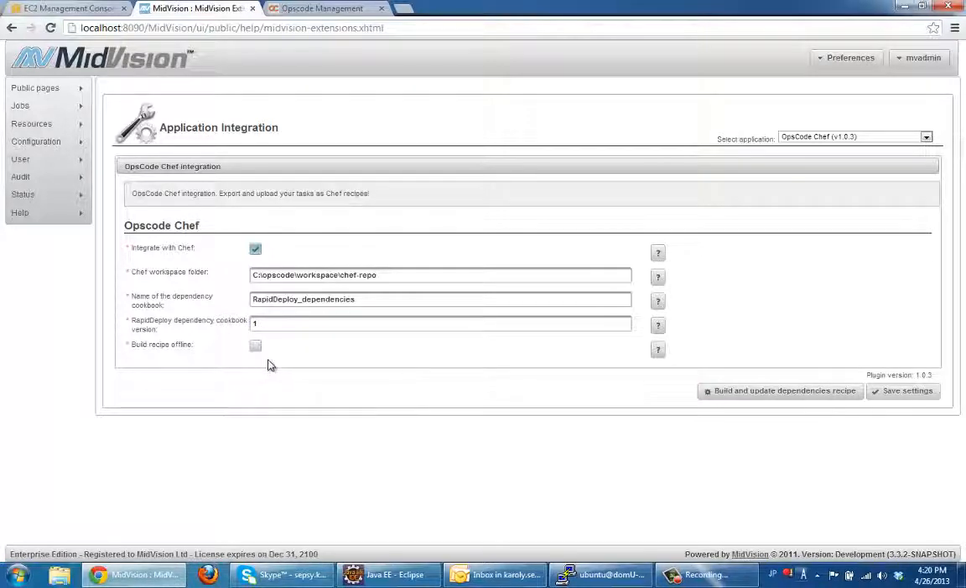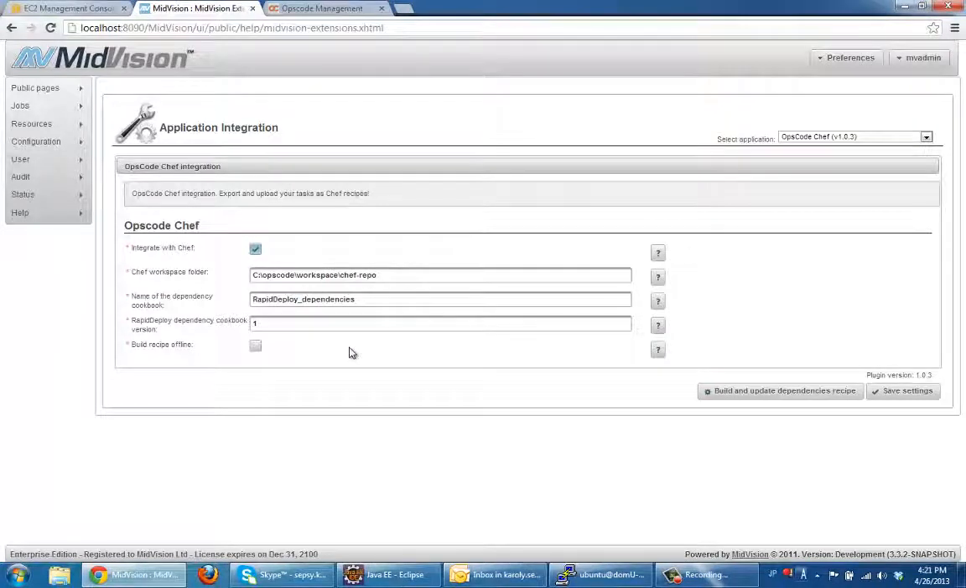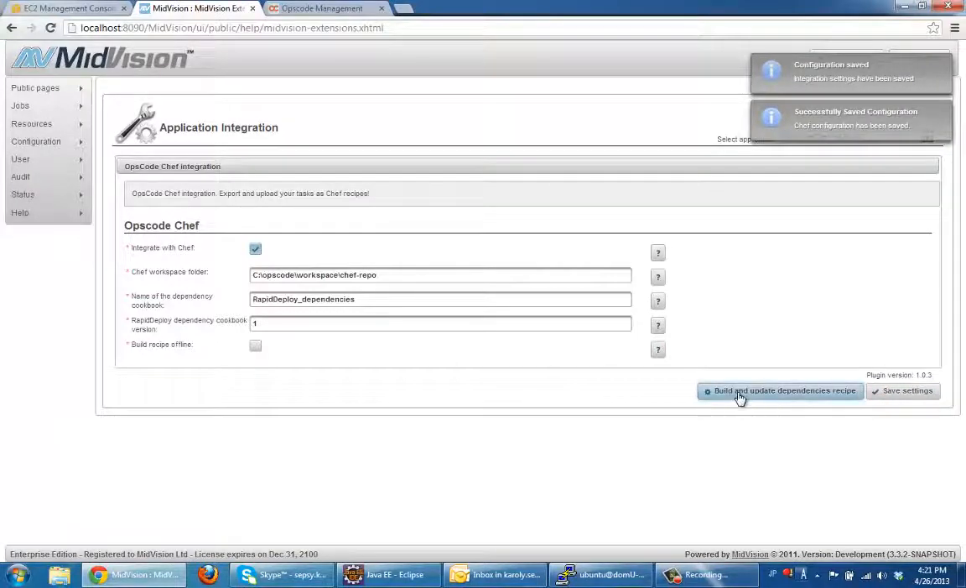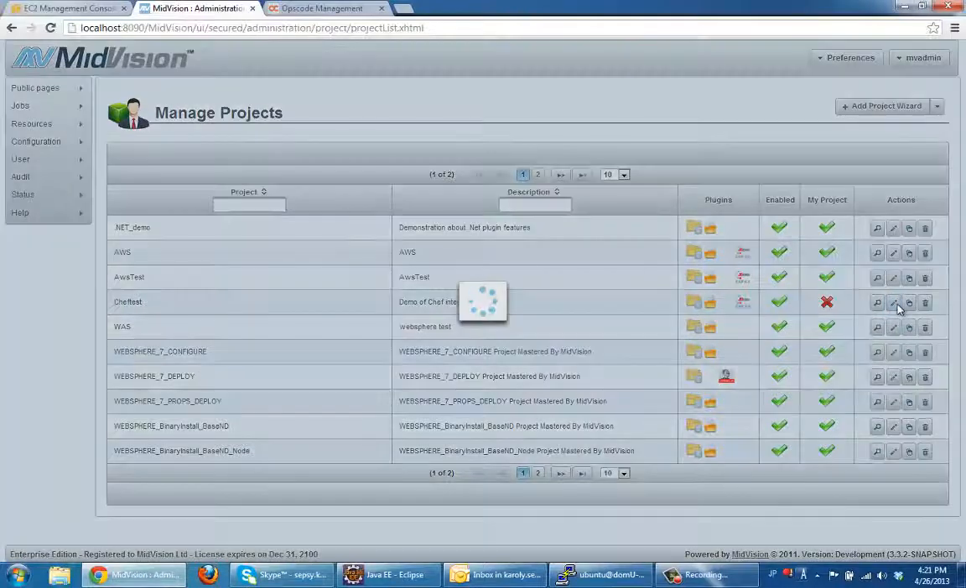So if I don't have a Chef workspace configured on my machine, or I want to modify something on the recipe, I can just simply generate it on the file system locally. Now I will upload it to the Chef server. So I save the settings and I build the dependency recipe. Here's a notification that it has started and it will run in the background. So now I go back to the project, I choose Chef test,